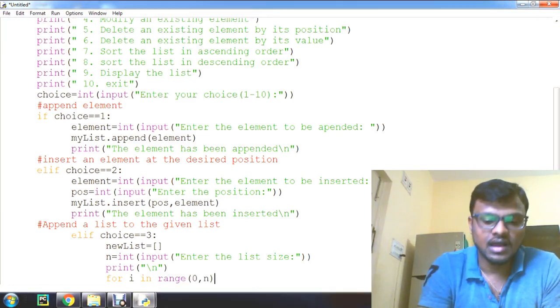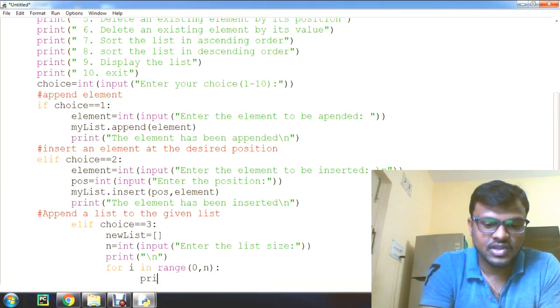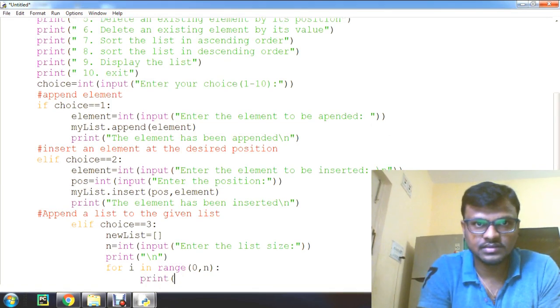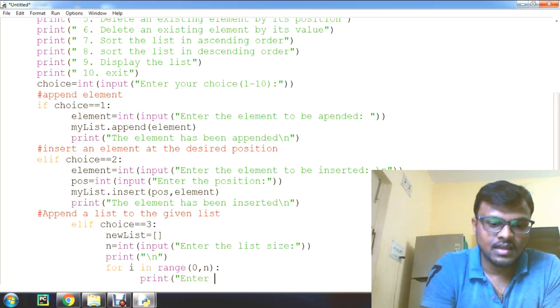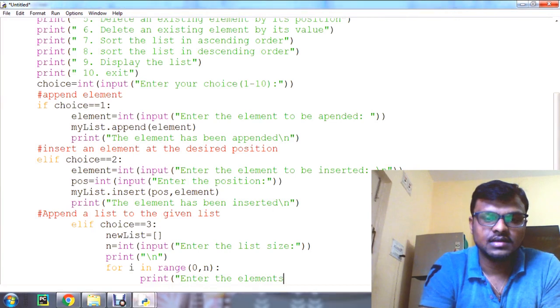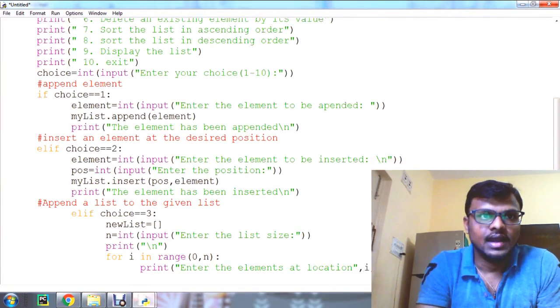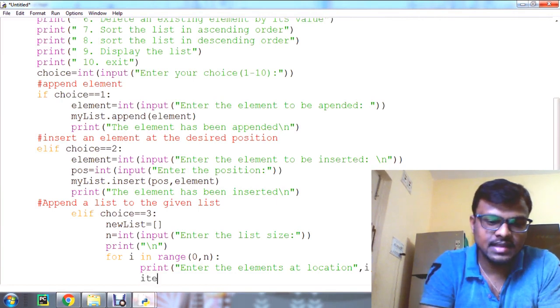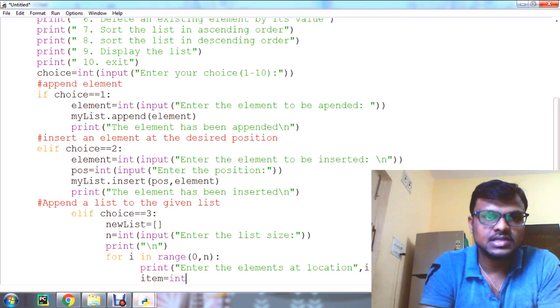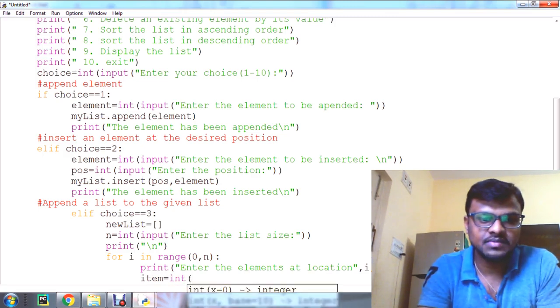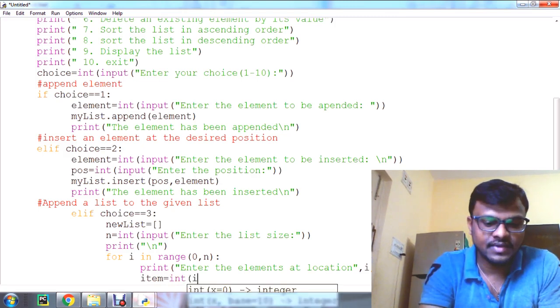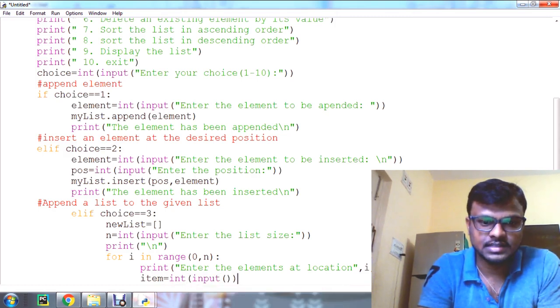After that I am going to print, enter the element at location i. After this, to enter the element I am taking another variable, item, so item is int of input. So that is like this. Okay, clear?